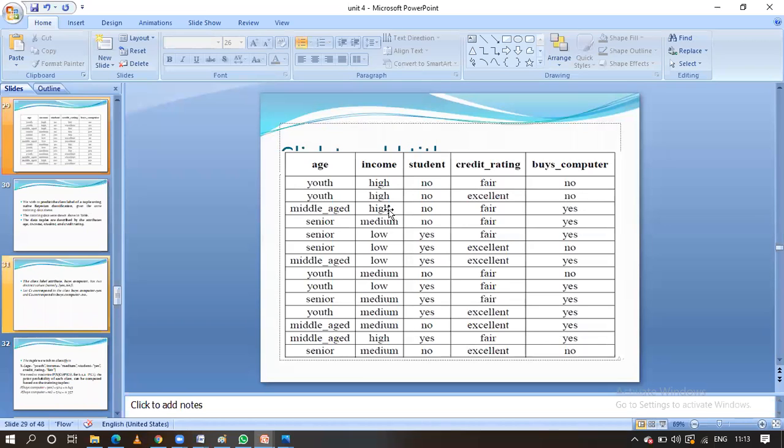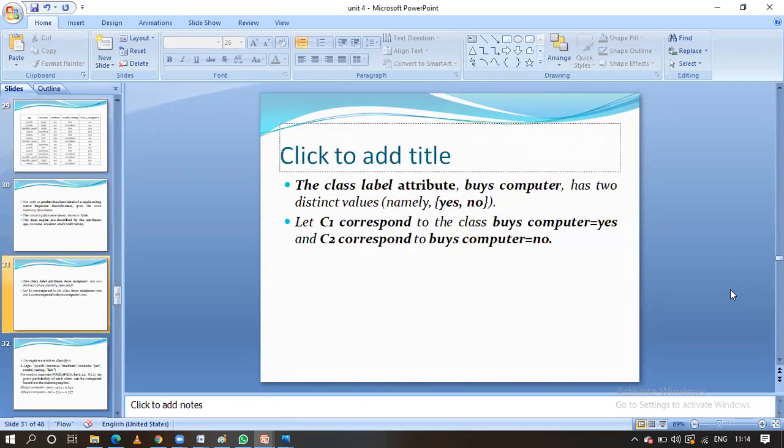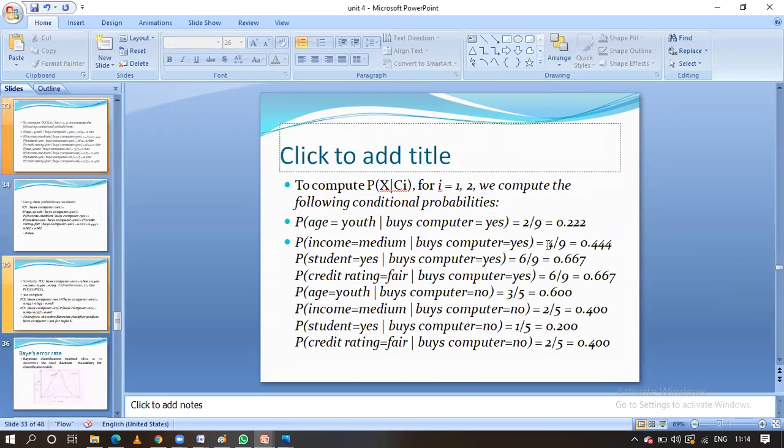Income equal to medium and yes వచ్చిన దగ్గర income equal to medium ఎన్నో చెక్ చేయండి. Here yes, medium. Here yes, ఇక్కడ medium వచ్చింది, 1 count increases. ఇక్కడ yes లో కాబట్టి ఇంక్రీజ్ చేయము. Again yes medium 2, again yes medium వచ్చింది 3, again yes medium 4, again ఇక్కడ వచ్చేపటికి 5 ఉంది. కాబట్టి overall ఎన్ని వచ్చినాయండి medium కి yes దగ్గర, 4 వచ్చినాయి. Okay, that is why 4/9. Likewise, student equal to yes.